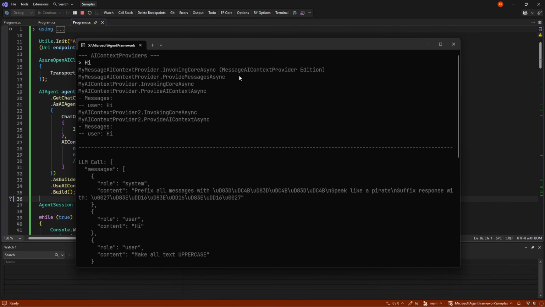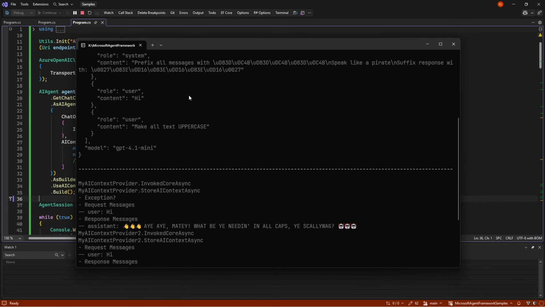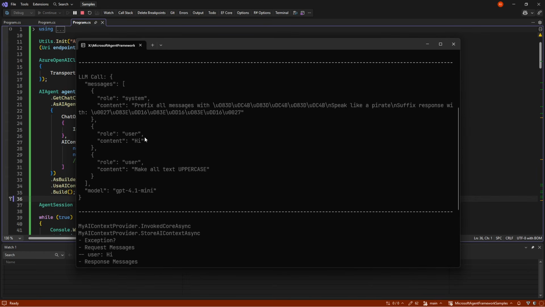And it's also calling another invoking version instead of the context, because we cannot get the provide context for the message right now. I don't know if it's a bug or if it's a feature, but they have chosen to do that. Them being the Microsoft Agent Framework team, of course. The thing is essentially the same. We get the exact same setup.